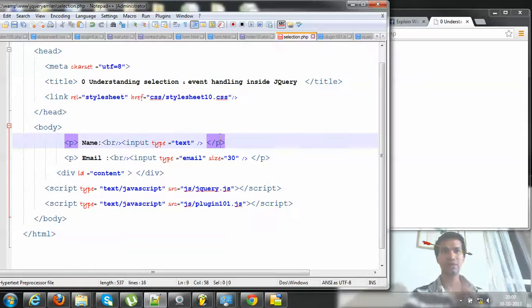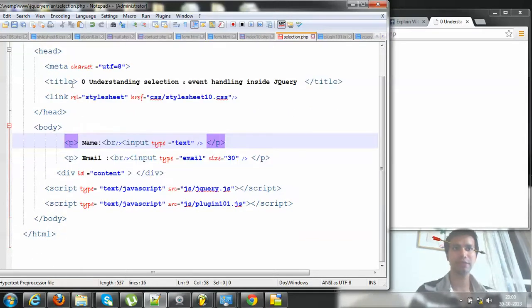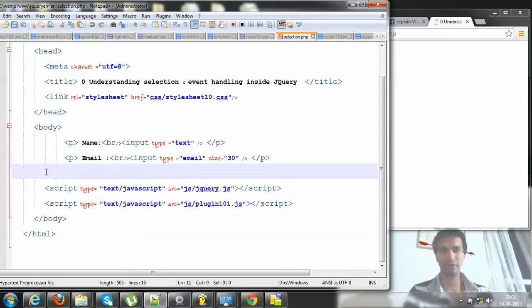You can see that we have defined a basic doc type, that is an HTML doc type. Whenever you see this kind of declaration, it means that it is an HTML doc type. Then, like any other HTML document, it has two sections, head and body. The head section is always for the browser and for defining your page. In this case we have defined our page as understanding selection and event handling. We'll be delving more into selection of the elements inside the page, and inside the body are our elements. In fact, this is not required for this part of the code.